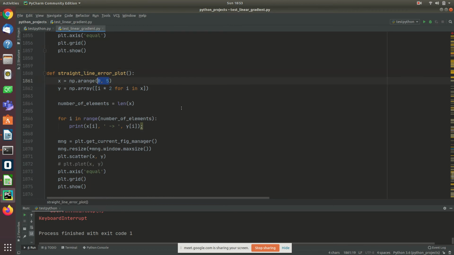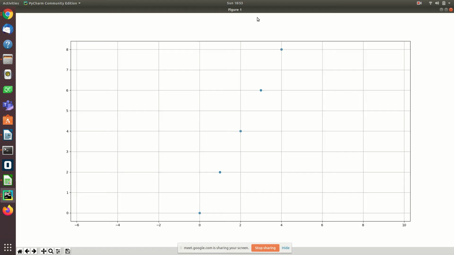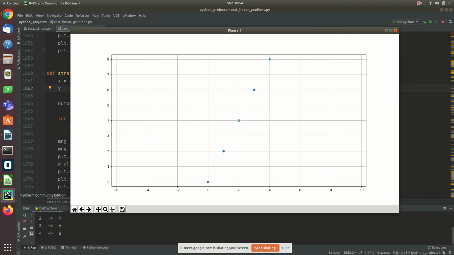X is ranging from 0 to 5. So I made y as again 2x, only 2x. I removed c for simplicity purposes, and let's try to see. I draw this line. What I am trying to do is fit a line. When I draw a line, I need m. So this is an iterative algorithm. Is this taught, or have you learned that it's an iterative algorithm that we're trying to really get close to m and c? Has it been told to you in your classes, or you're attending it here for the first time?